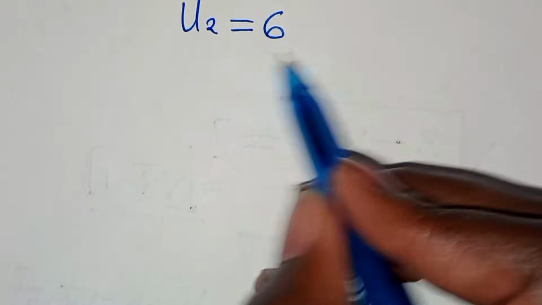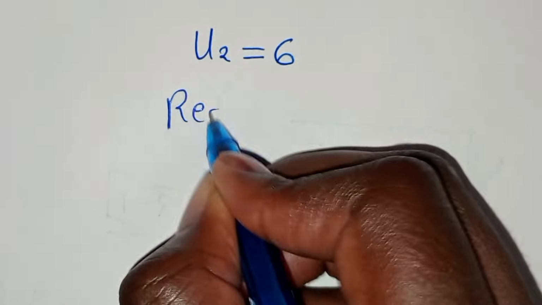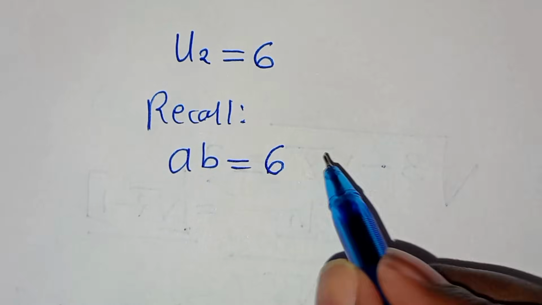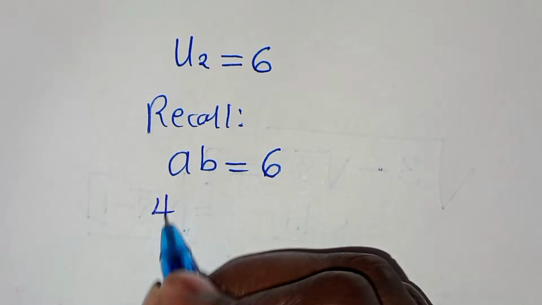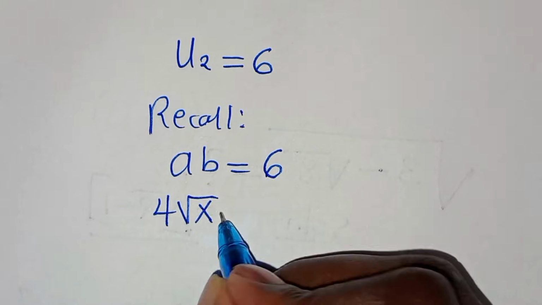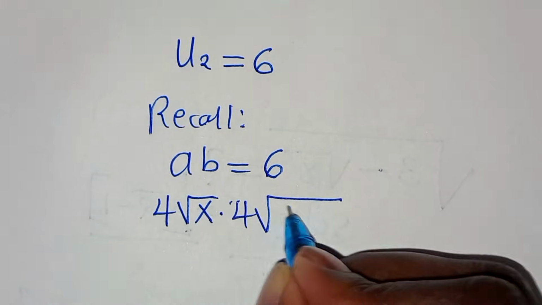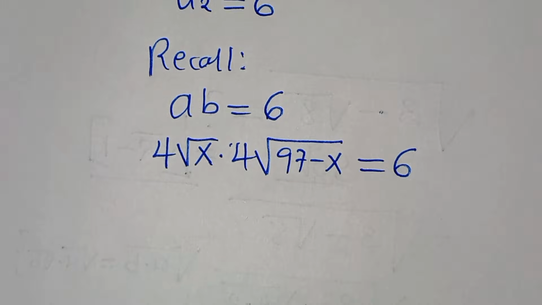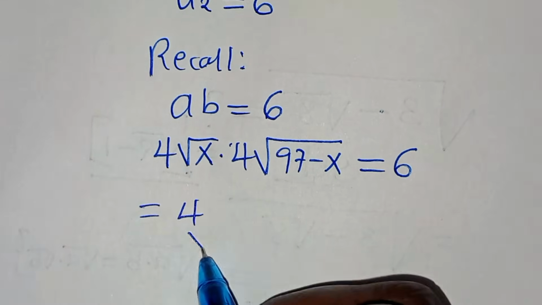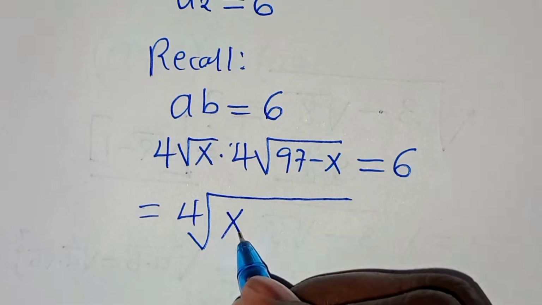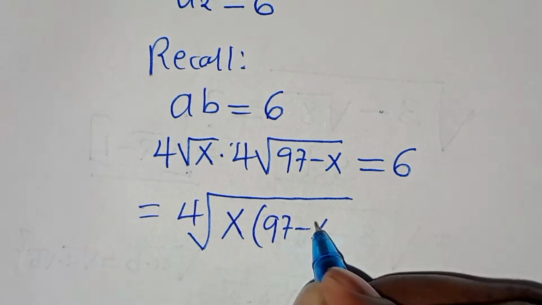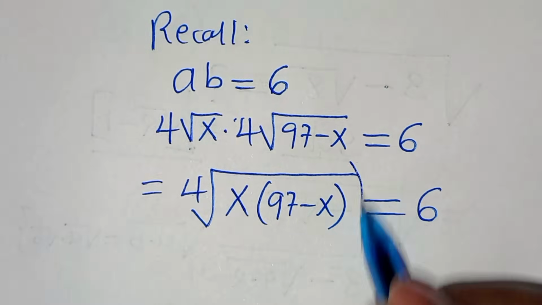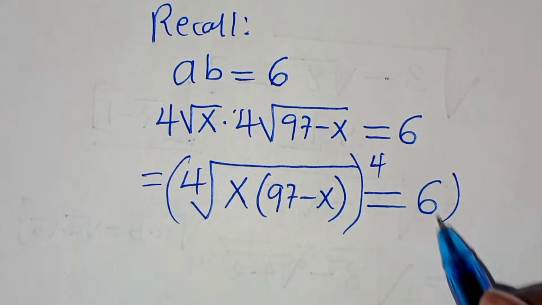Now we have U2 is equal to 6, and if you recall, A times B is equal to 6, which is U2. So the fourth root of x, which is A, times the fourth root of 97 minus x is equal to 6. So we can express this as the fourth root of x times (97 minus x), which is equal to 6. To eliminate the fourth root, let's raise to the power of 4 on both sides,